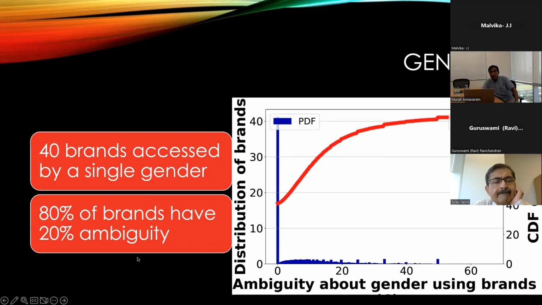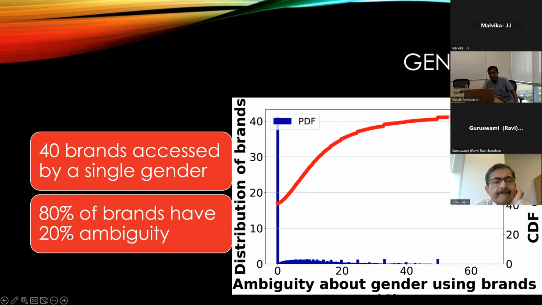Gender is even worse, right? In terms of the ambiguity scores, 80% of the brands have 20% ambiguity. What that means is that if you access a brand, the majority of the people who access that brand are either male or female. And it's not just a simple majority, it's an 80% majority, which is a strong majority of the people accessing these brands being either male or female, and therefore very low